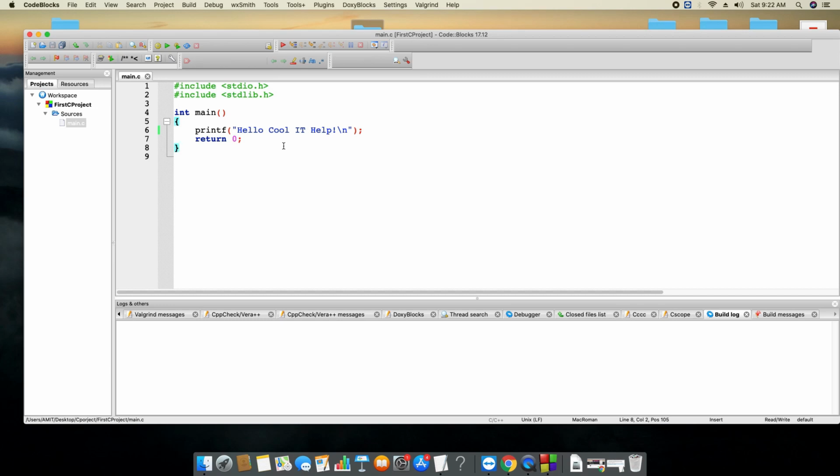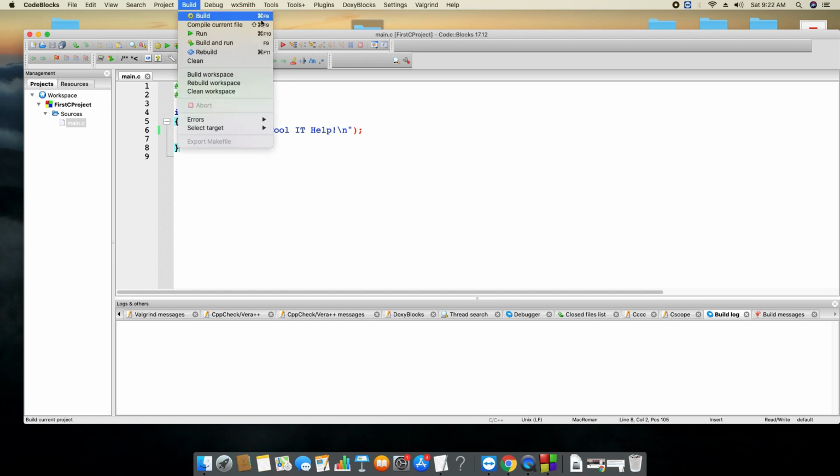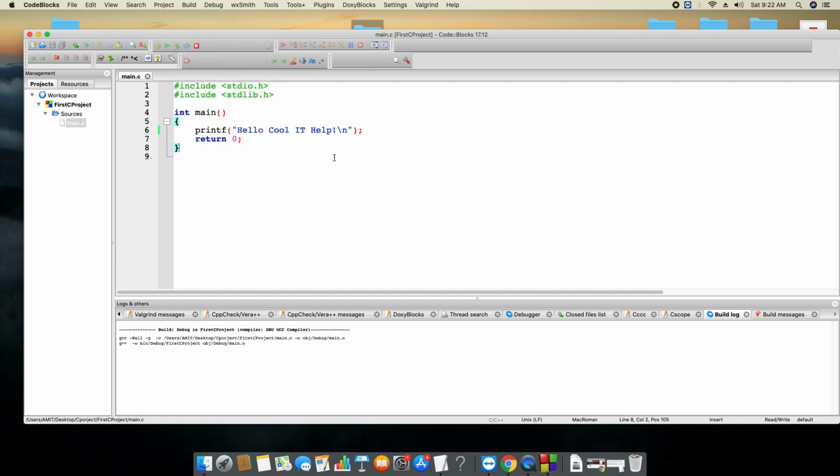Now we will compile this file. Here's the gear icon to build this project, and the green icon is to run the project. Also we have the menu, so we can go here and select build, and there's a shortcut key combination as well: build, compile and run, and single build and run with F9. So we have just built this simple C project. That's it. We will have this kind of output without any error. Now we can run it.